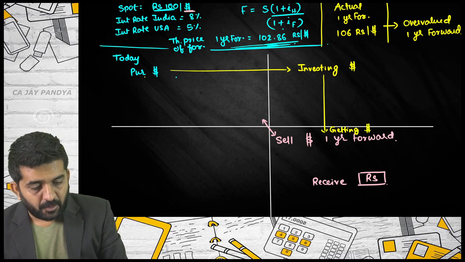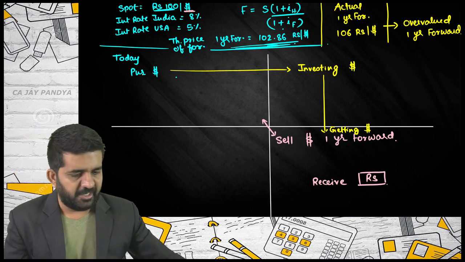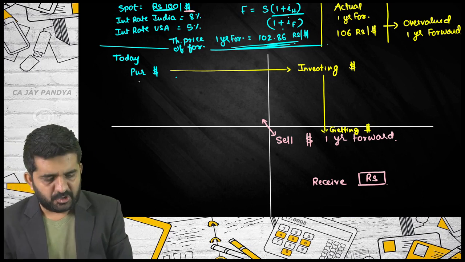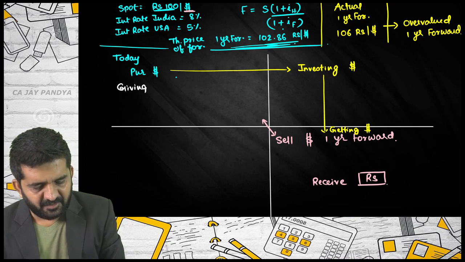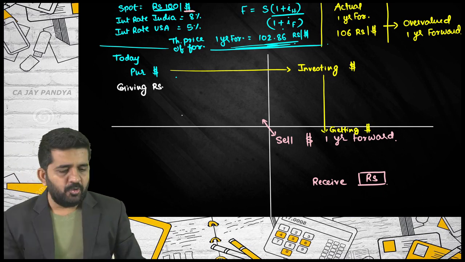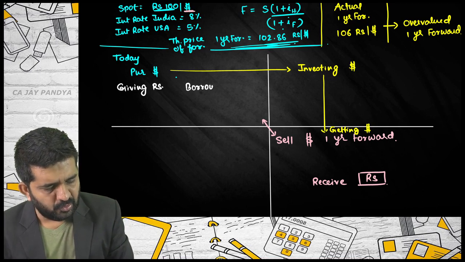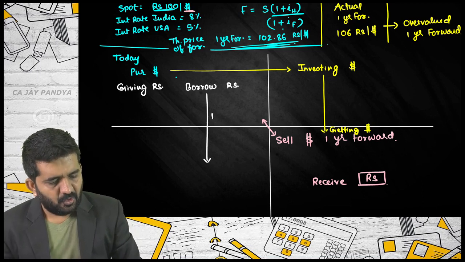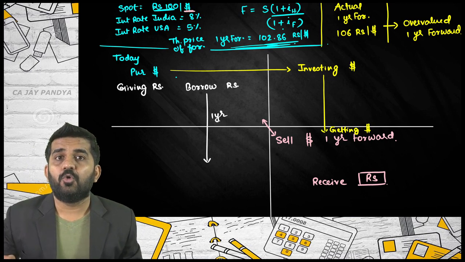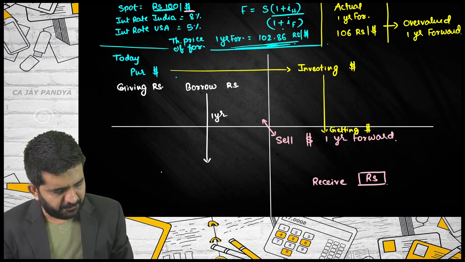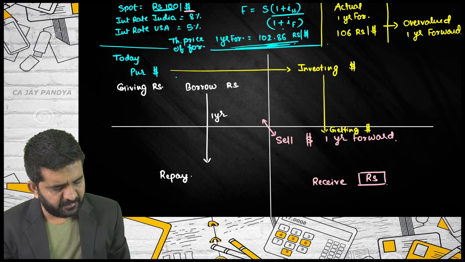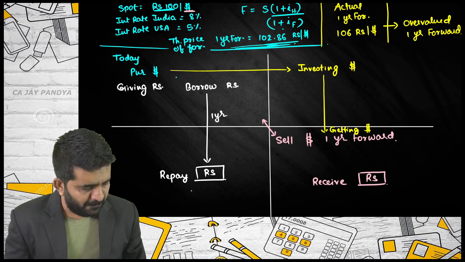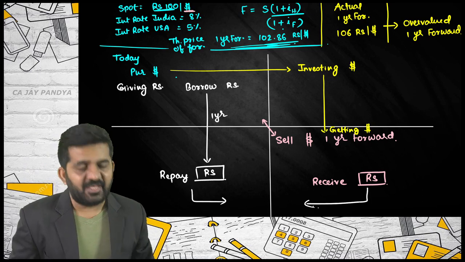Is it alright? But for purchasing this dollar, try to concentrate. You will have to take, you will purchase dollar today by giving rupees. So what you need to do is even borrow rupees. Is it alright? For the period of 1 year, if you borrow rupees, after 1 year what you will end up repaying? You will repay rupees. Is it alright? Compare this to what you are receiving and what you are paying.